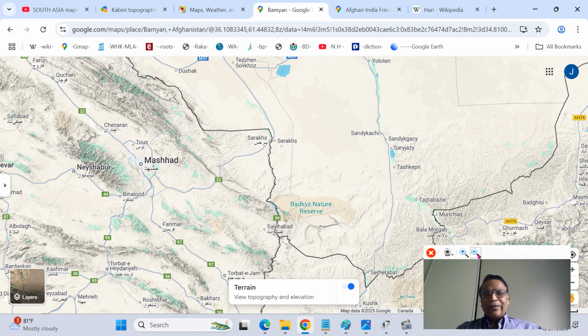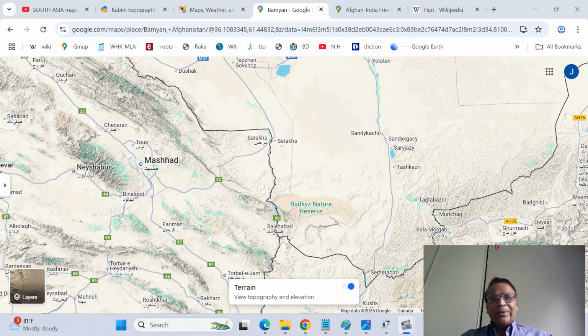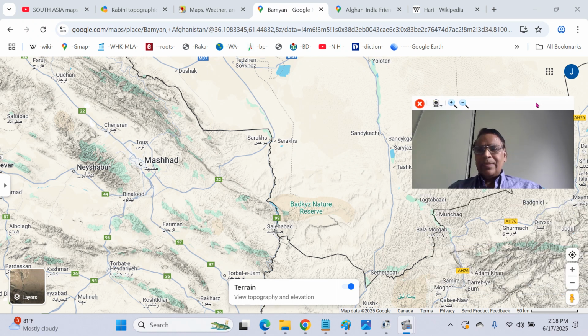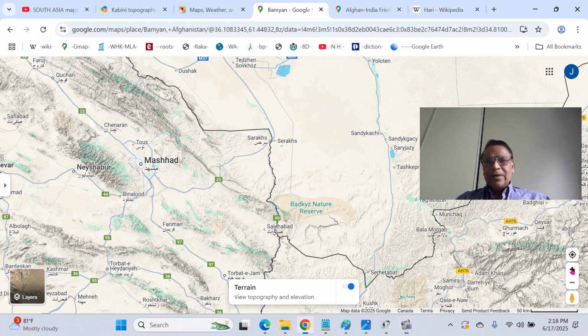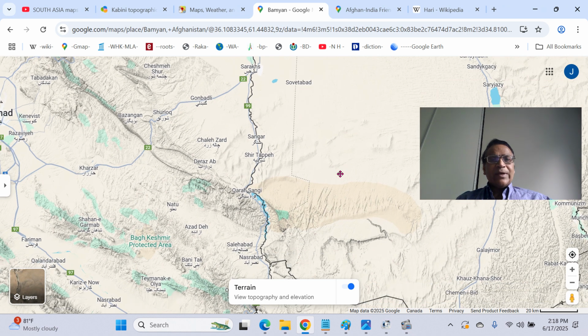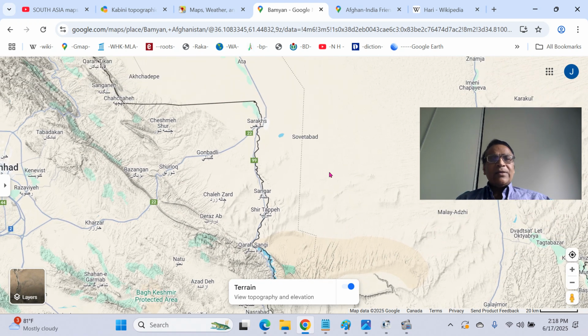Dost means friendship in the Persian language. And they have built a dam here, the Dost Dam. Yeah, that is the dam you can see. And it goes to an ancient town of Sarkis here, and Salehabad and Nasrabad, and enters into the Karakum